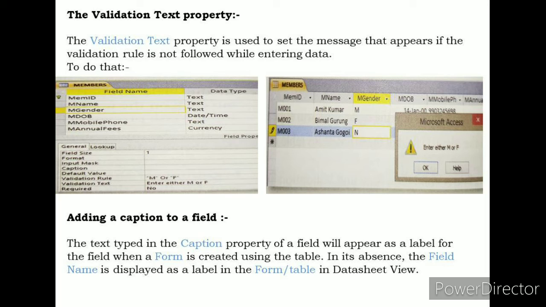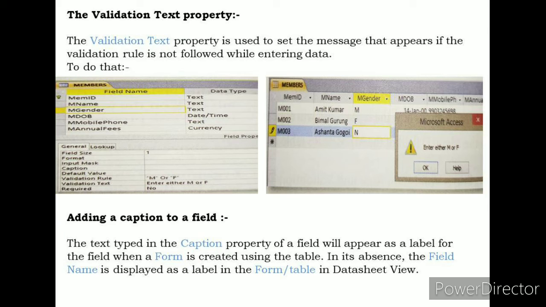For that we have to click on the M gender field, then go to the field property section under the general tab, and click on the text box on the right of the validation rule property.